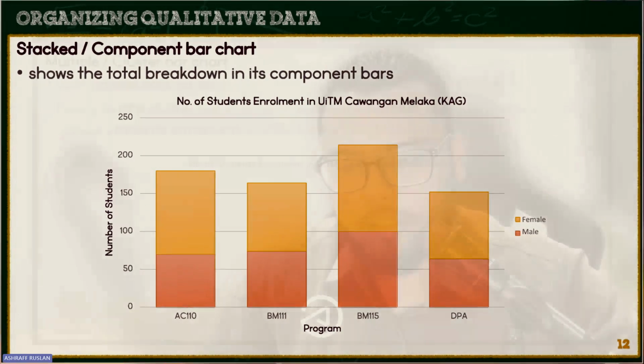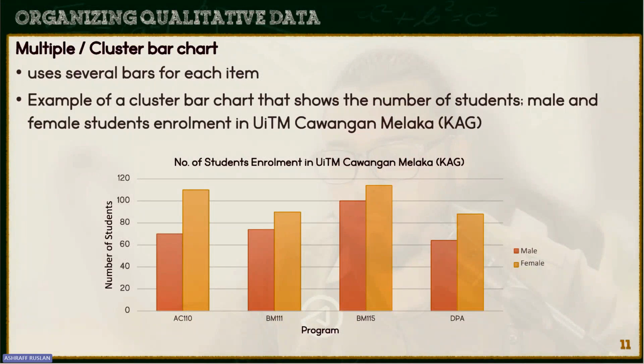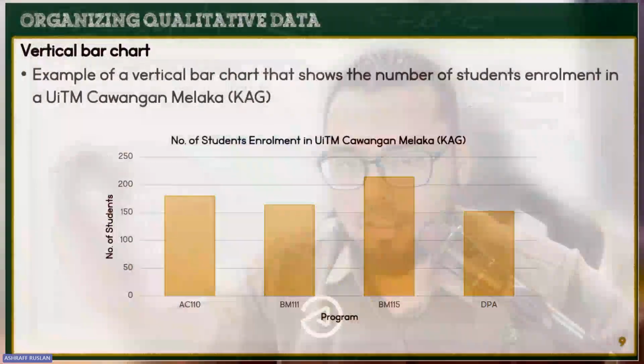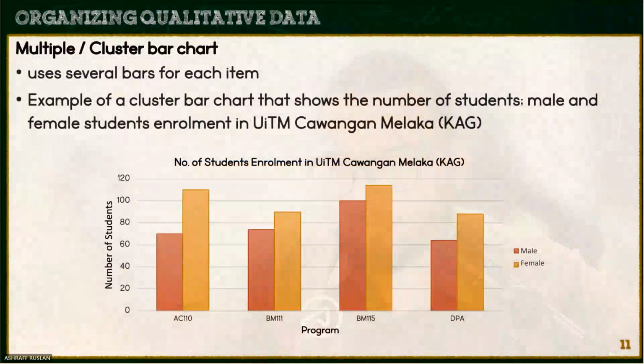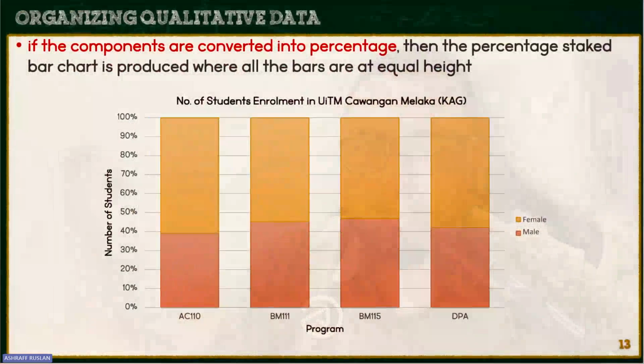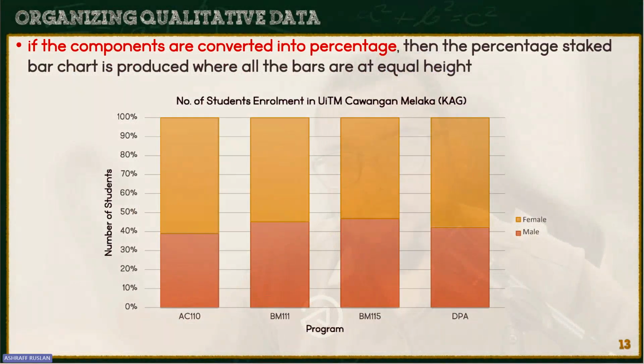So kalau sebelum ni, kita tengok for male, ada data untuk male and female. So here let's say 70 and 110. So bila kita buat stack, dia akan jadi 180. Okay, half of the colors for male is the frequency for male, and then the remaining is the frequency for female. Okay, very straightforward lah. Okay, so in terms of percentage, right, it's gonna be the maximum of 100%. Okay,